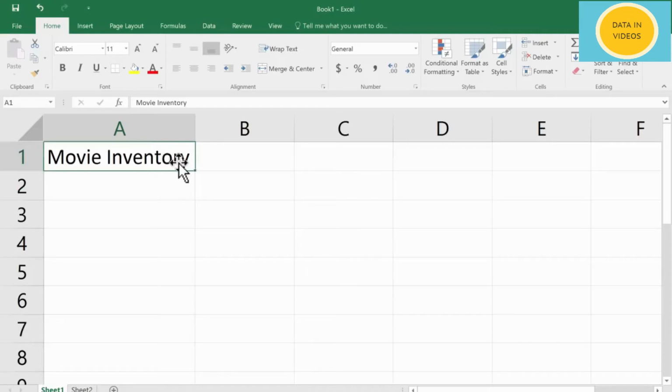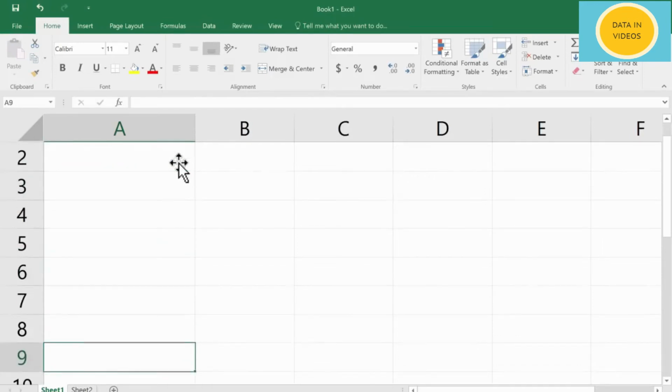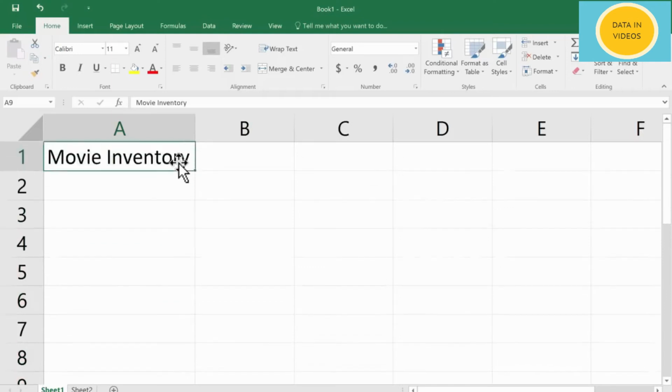Now it looks fine. Whenever we enter anything in any cell and hit enter, the cursor automatically moves down.